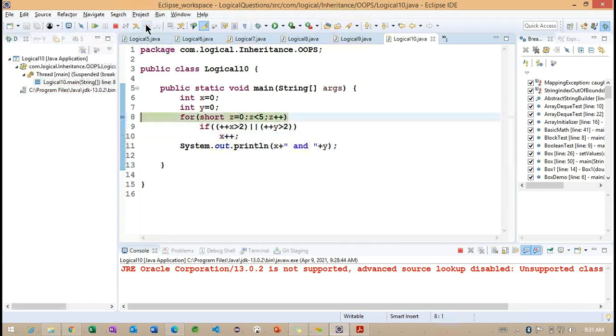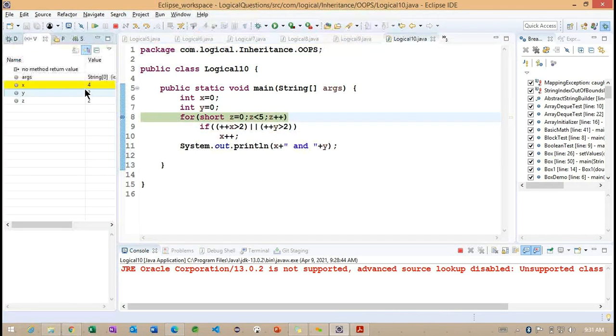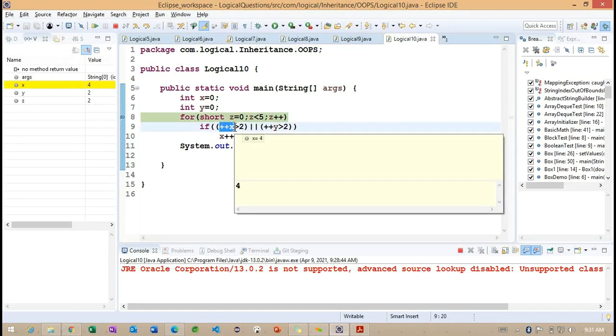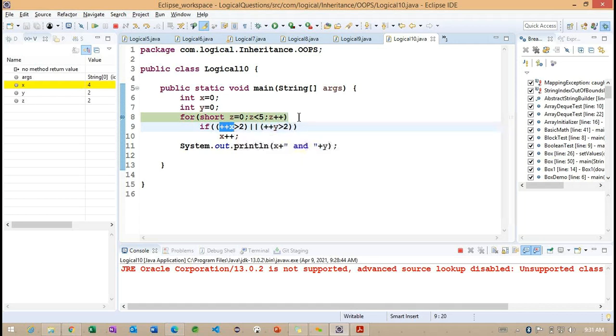So now we need to understand the x value will become 4, because 2 times the x value is going to increase, using the pre-increment operator first and later the post-increment operator. Because of this, the x value is changing 2 times here. So now you can see the z value will become 3.